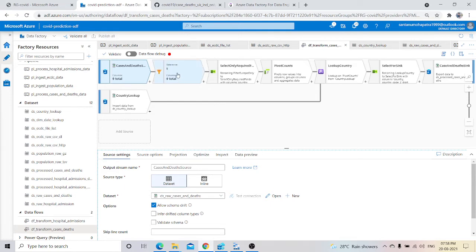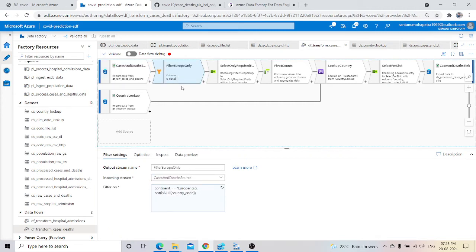Then we keep everything as it is, and we can use the data preview to preview our data set. Once that is done, we have added a filter. The filter transformation is used to filter particular data based on particular conditions. For example, here we are taking only the Europe data into consideration. So every other continent's data should be dropped from our column. That's our main motto. For all other data it will be given as null. Then we also did the data preview for the same data set.